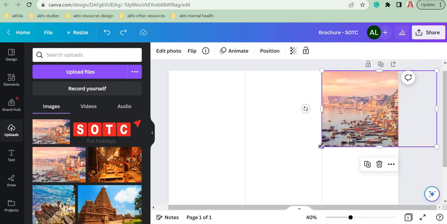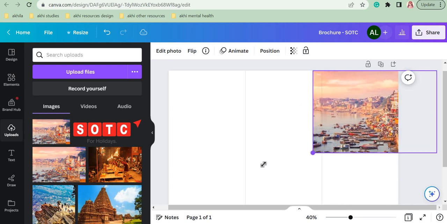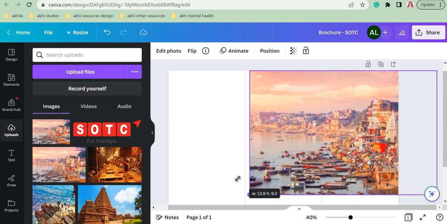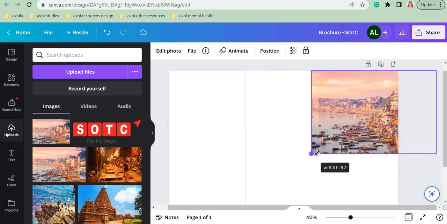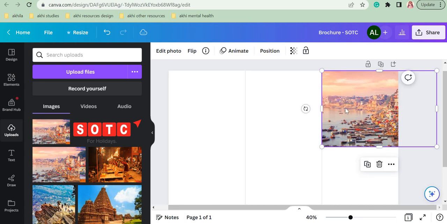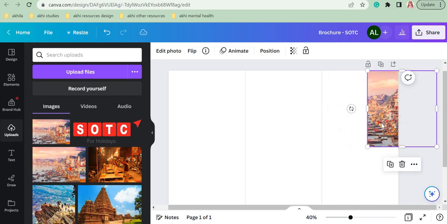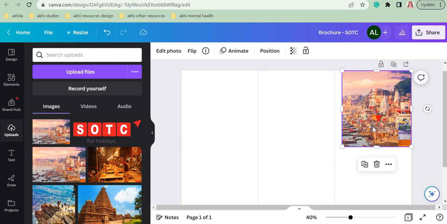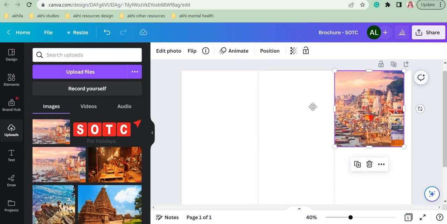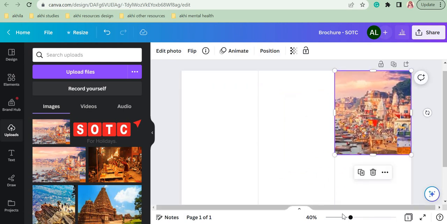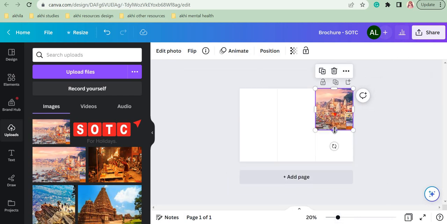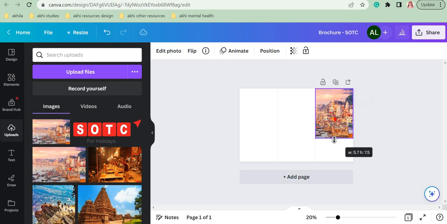So I'm selecting this anchor point here. For example, I'm clicking and dragging it to increase the size like this. I'm clicking and dragging it to decrease the size like this. Now if I don't want this part of the photo, I can click on this side anchor point or this side button and I can cut it off. And you can click and drag on the whole image to change its position, like this. If you want to change the position. I am using this down anchor point to bring the photo like this.